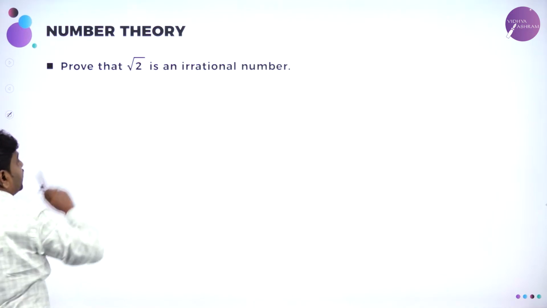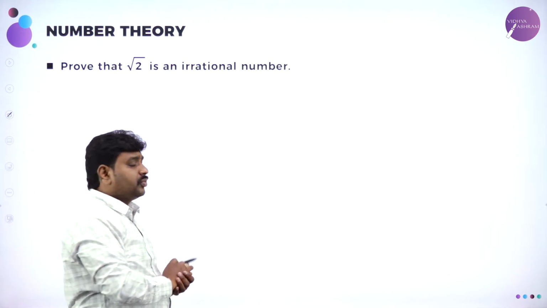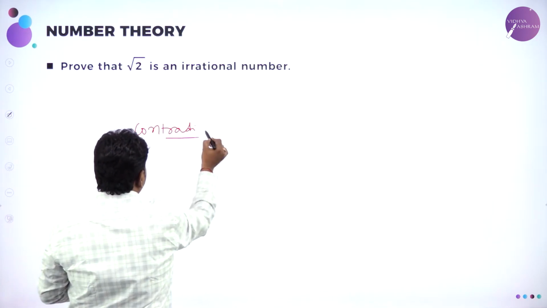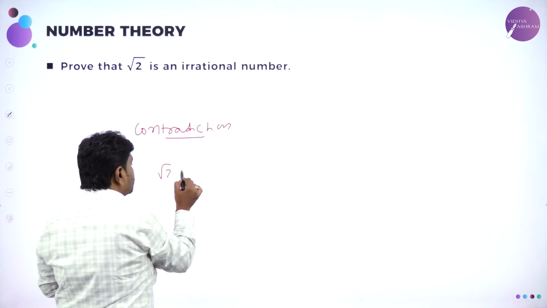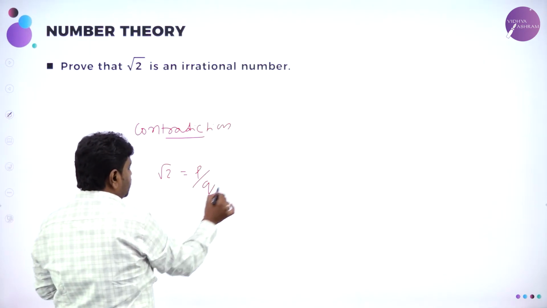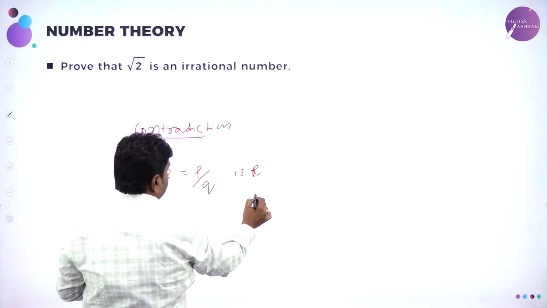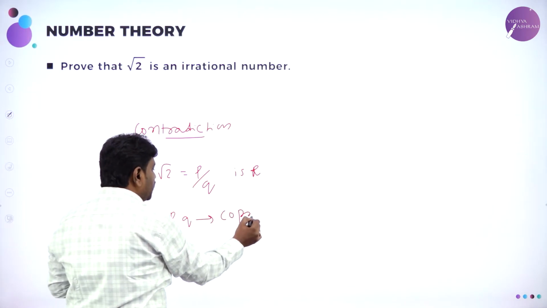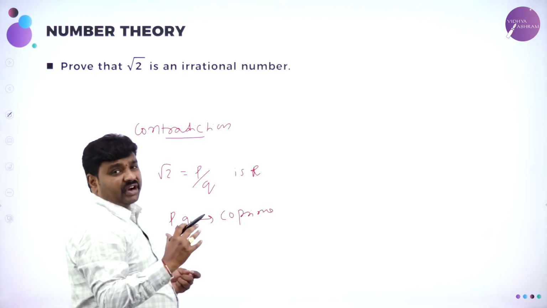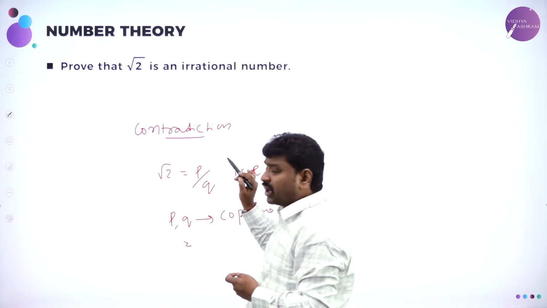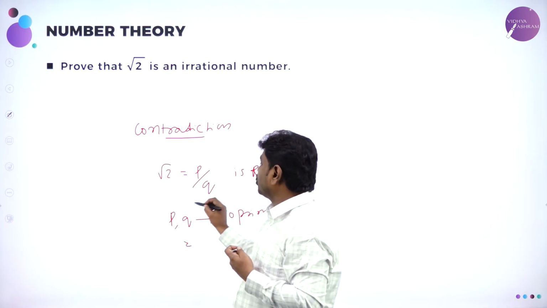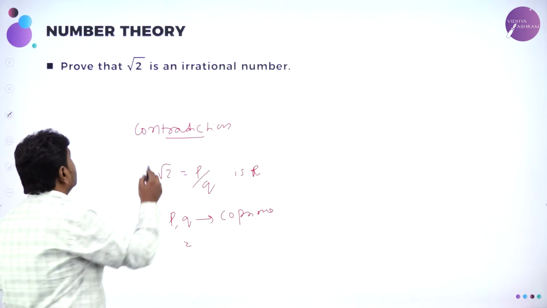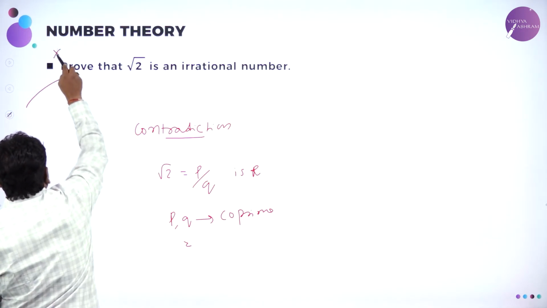And root 2 is irrational. All of you know how to prove this. By what method should you prove it? Contradiction. Use the method of contradiction to prove this. First you take root 2 as p by q, assuming it is rational, and p and q as co-primes. But we fail to prove this; we will get a common factor. When you get a common factor, it contradicts our assumption that root 2 is p by q, and we conclude. So like this, I have done two different types of problems in my past session. This is also one of the important questions for your boards.